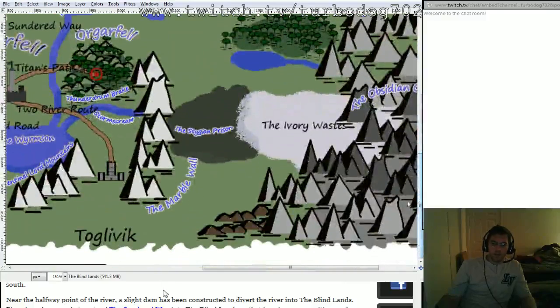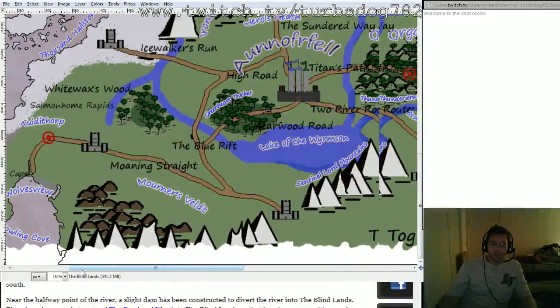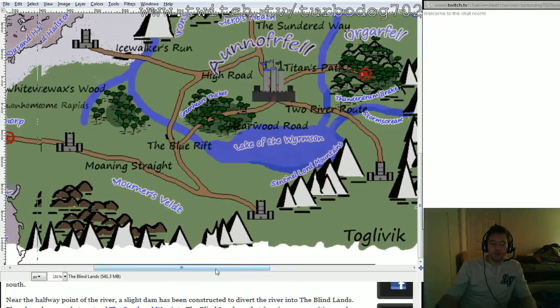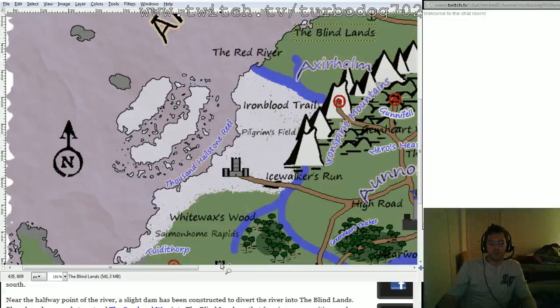What else to cover about maps? The thing that kills me, quite frankly, is just, I mean, look at all this stuff that you need to name. You need to name, oh my god. Okay,